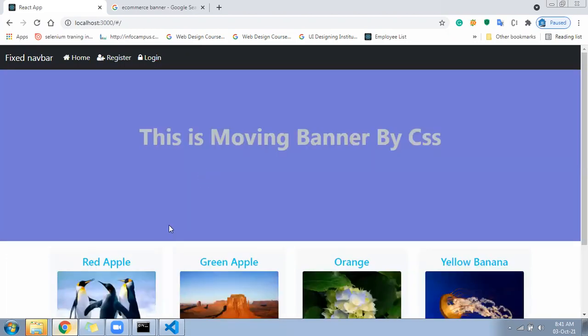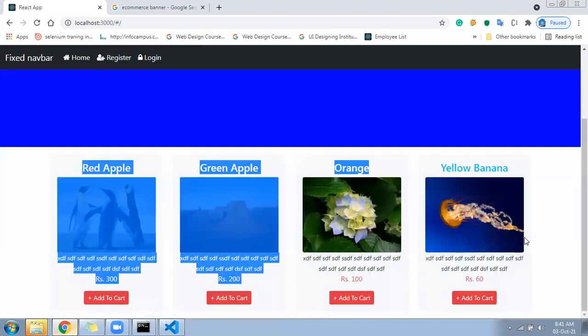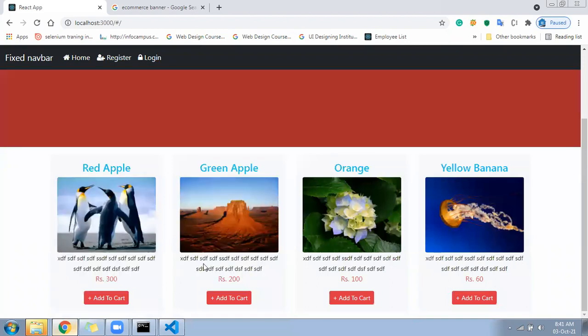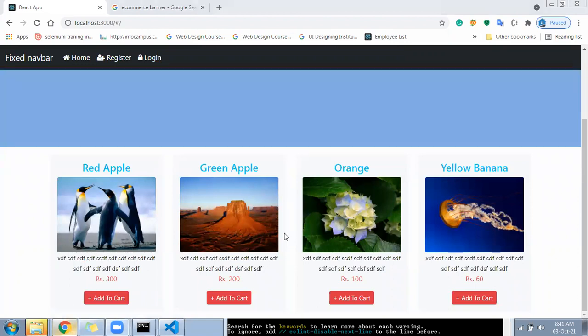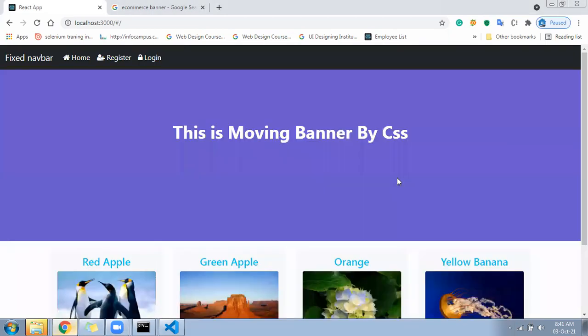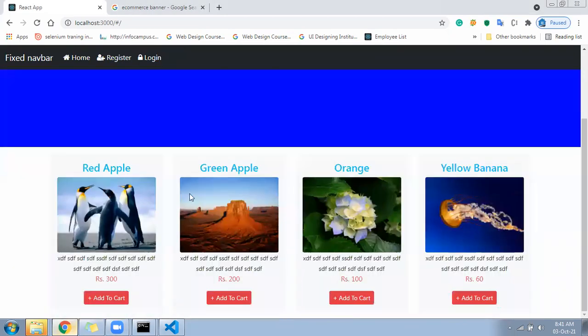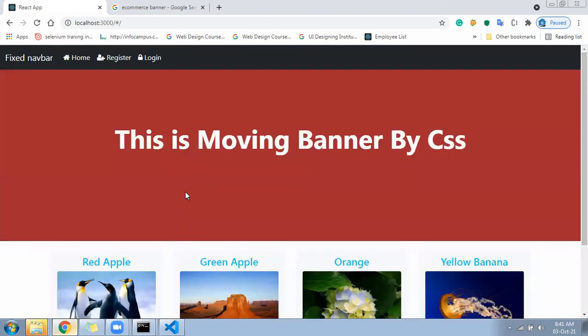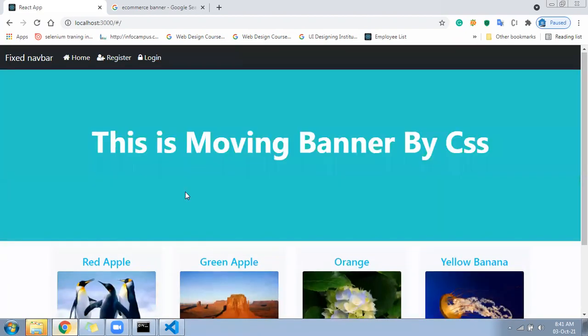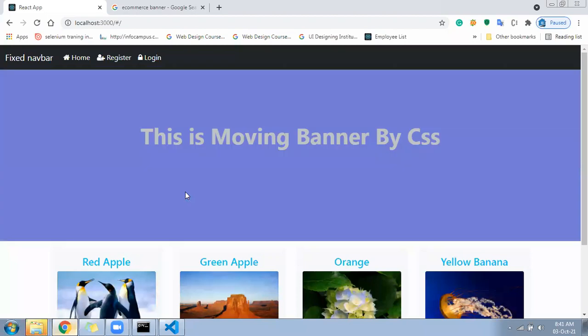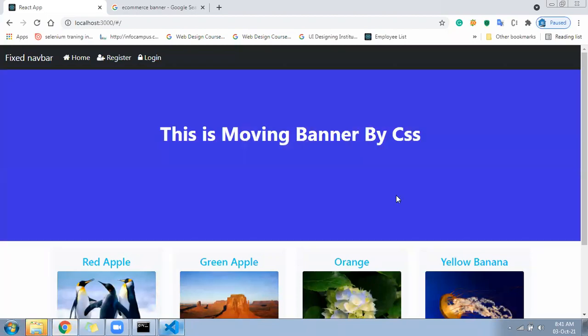Okay, so hope we are getting 4 photos. After that, next, there should be a next page.